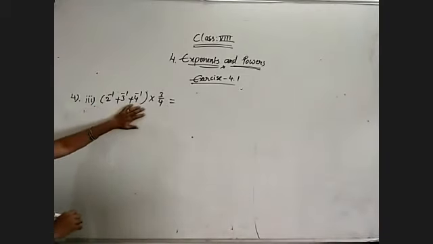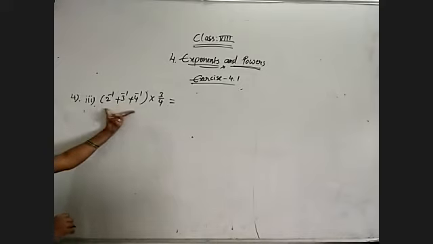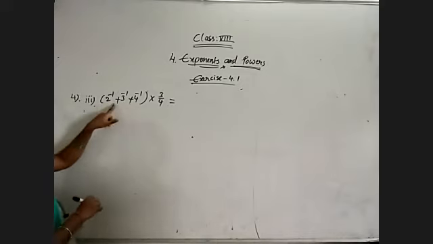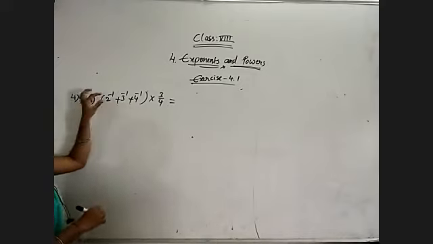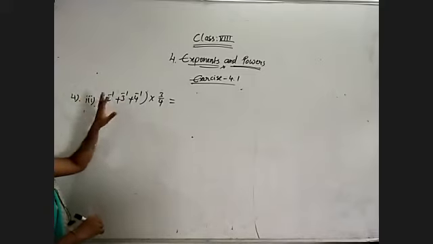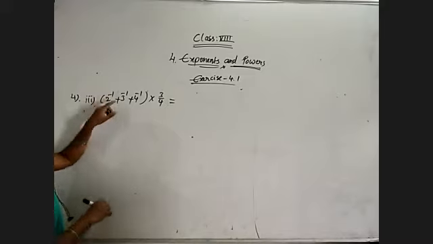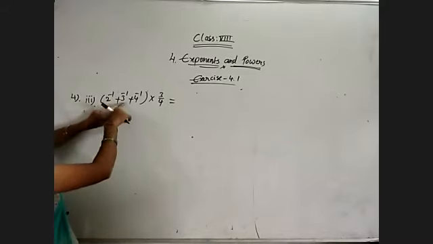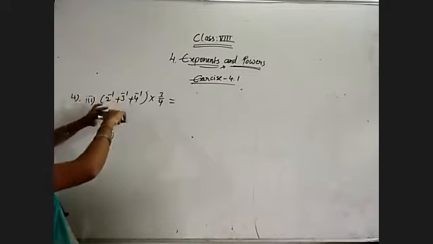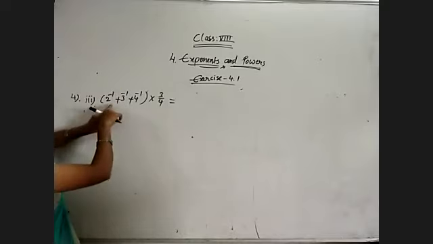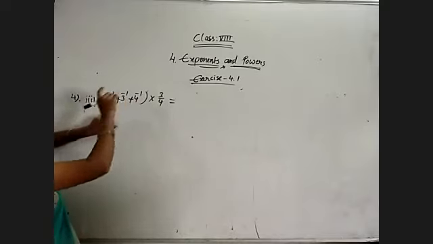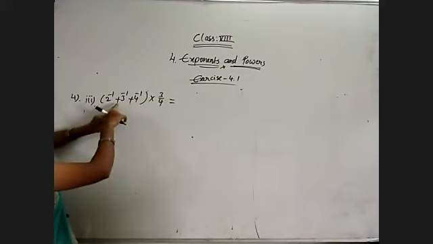Here bracket sign and multiplication operation are there, so first of all we need to finish the bracket operation. Here multiplication is not given, plus is given. So first of all simplify by using the a power minus n formula. Previously we had multiplication between them, so that's why I have taken only one power completely. In (2 into 3 into 4) whole power minus 1 we can write when multiplication is there. But here we have plus, so we can't do that.